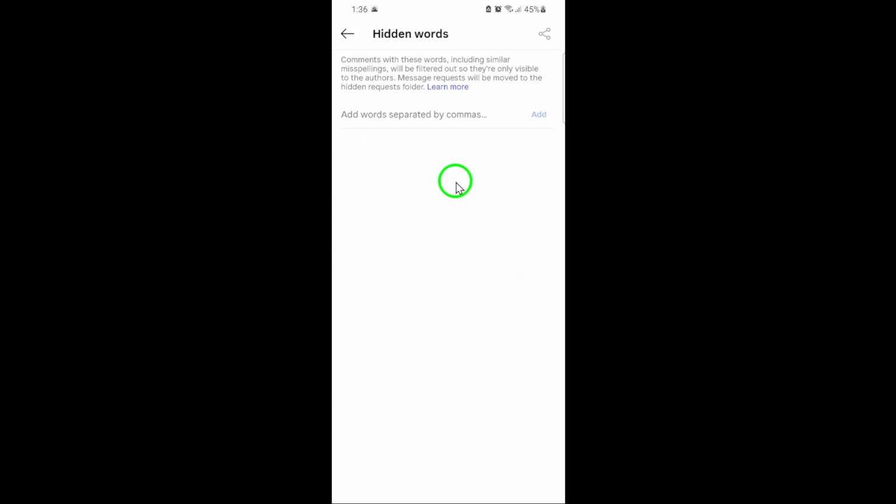If you ever want to adjust these settings or turn the filter off, just follow these same steps to return to the Hidden Words menu and use the toggle switch as needed. And that's it. With advanced comment filtering enabled, you can enjoy a cleaner, more welcoming comment section on all your